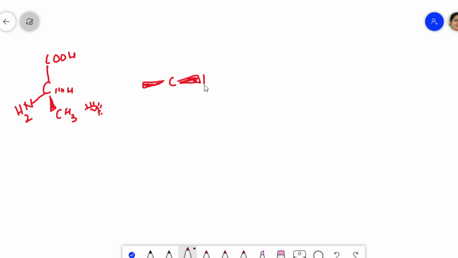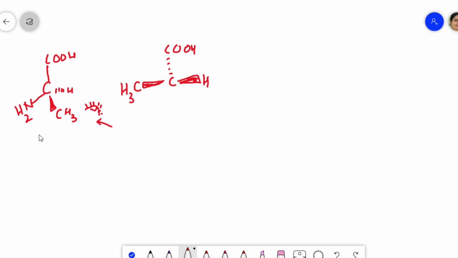So one bond you represent on the right hand side and the other one on the left hand side. This one comes on the right and CH3 will come on the left hand side, and one bond you will represent above. This will be your COOH. So you can't look in some other direction. Your wedge is in this direction, so you need to look in this direction only because this is close to the eye. The CH3 is close to the eye and the H is away from the eye. So you will be looking from this direction.